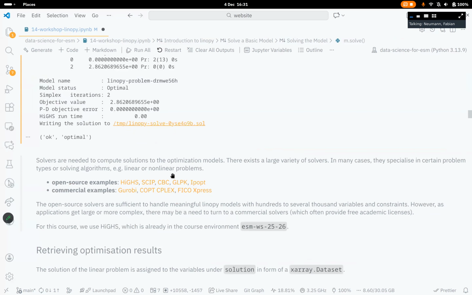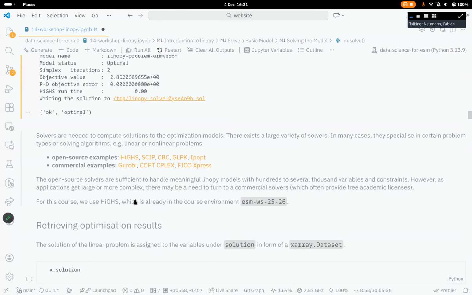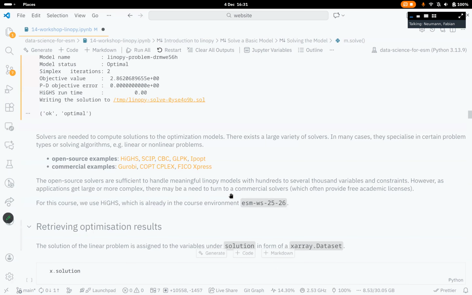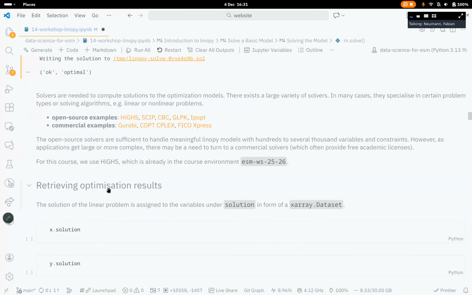Here's a list you can go through, things you can try out. I think so. Apparently, in the course environment, we only have HiGHS installed. Okay, so now we have already done